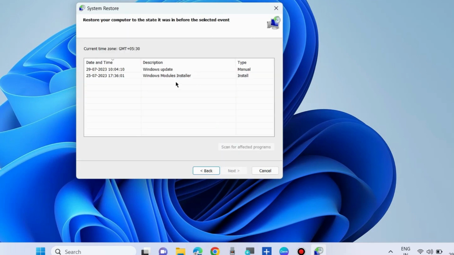Click next, and here it will show the newly created restore point, Windows Update. Select it and click next. Your system will go back to the